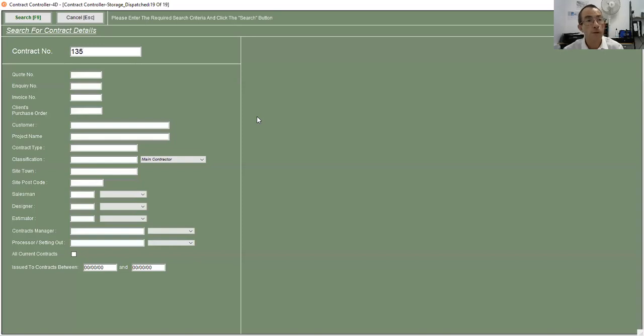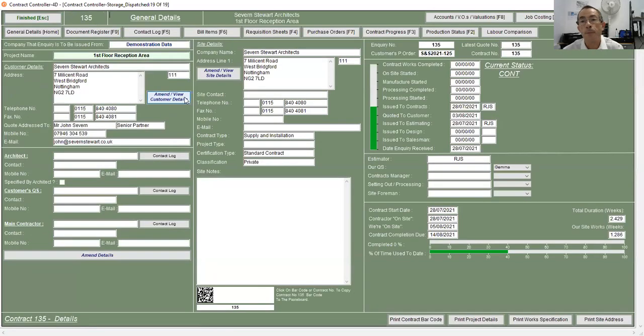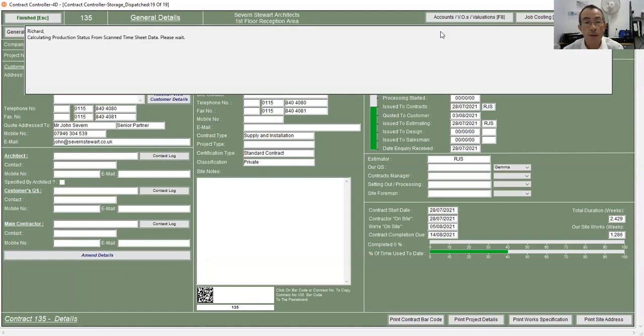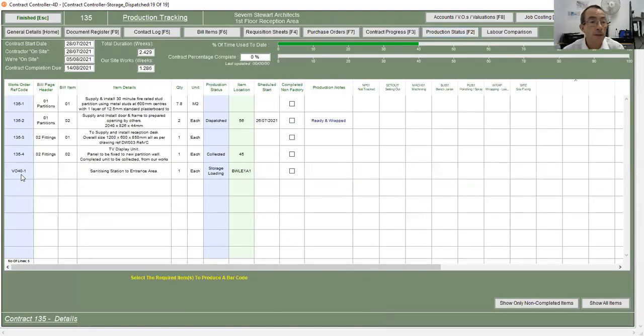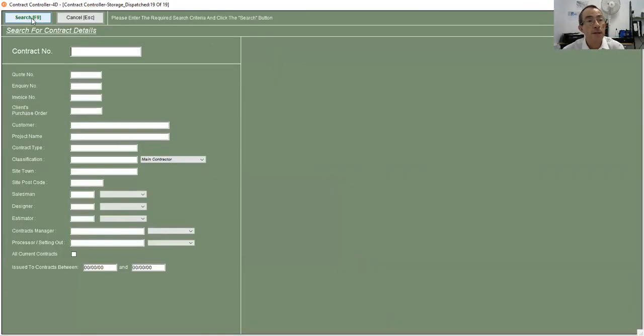If we look at our contract 135 and then go to our production status, we can see this item here with the code VO40-1 sanitizing station has already been completed and put into our storage loading area. It's basically aisle E. So if I come out of that